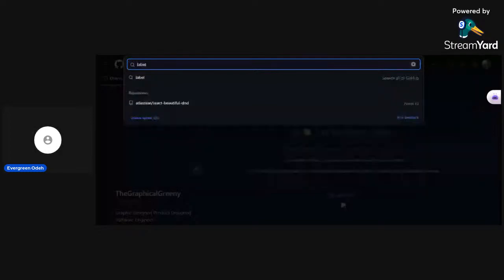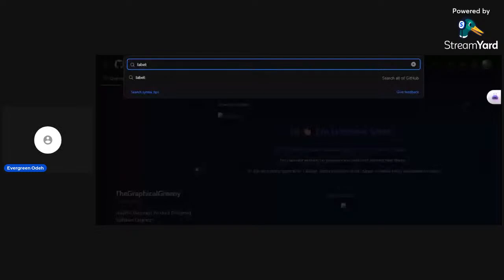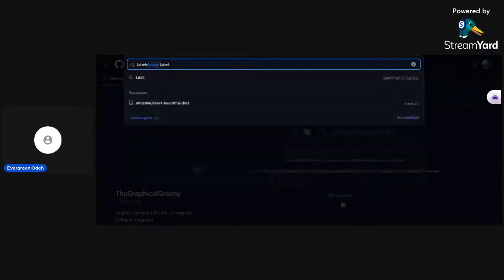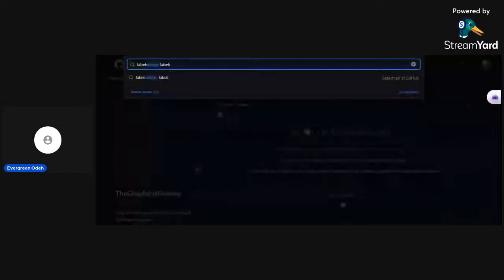And then what I need is design. But if I want to be more specific, colon, then let's say UI. So you can just type whatever it is that concerns you.